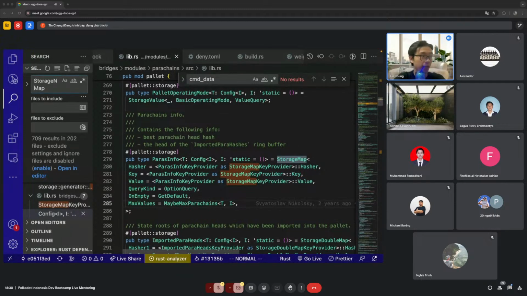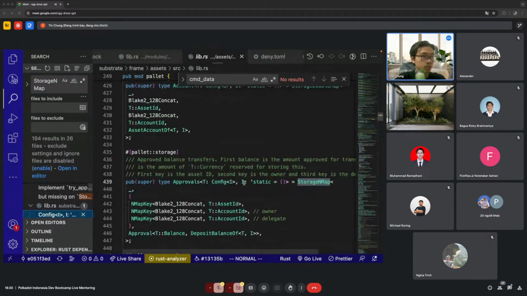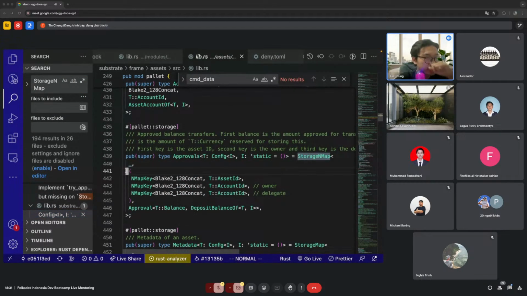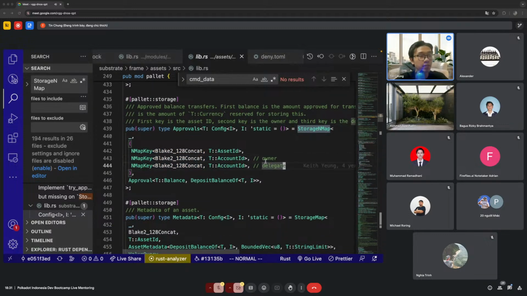Now we go to the storage nmap, and as you can see, it receives a tuple of keys. Here you have three different keys combined together to construct a single key of the storage map entry. It's going to accept the asset ID, account ID, and also the account ID. The use case where we need the storage nmap is, for example, the approvals storage of the pallet assets.